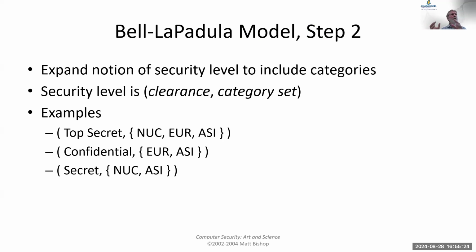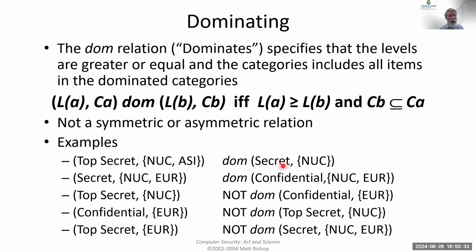All objects have a level in a category, and all people, or subjects, have levels in a category. So we have this relationship, dominating, or the DOM relationship, and one user dominates an object if and only if